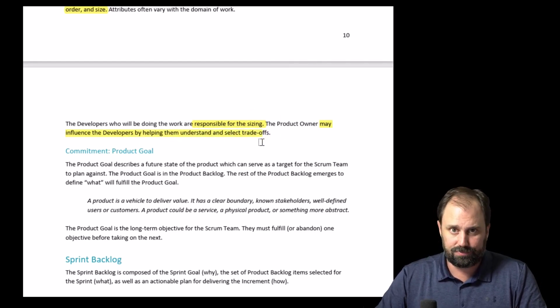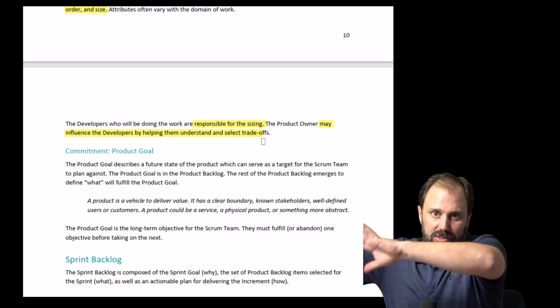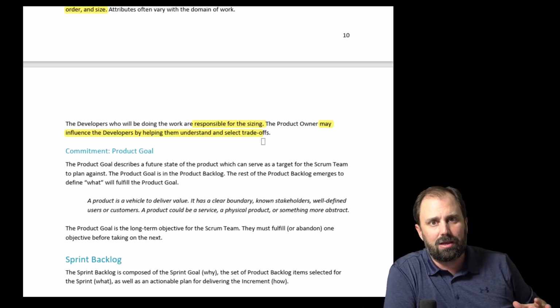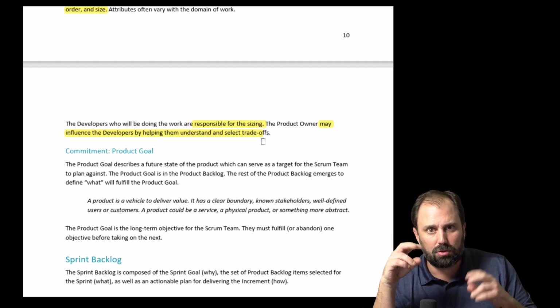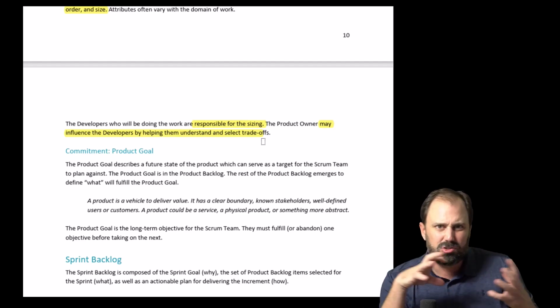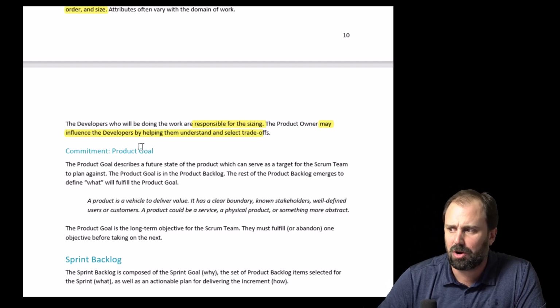It's a conversation. It's not like we throw the cards to the developers, they break them down, and then we just take them back. No, we explain them to them. We work them out. We give them the challenge of breaking it down, and then we talk about it back and forth. We're trying to get a good product out.